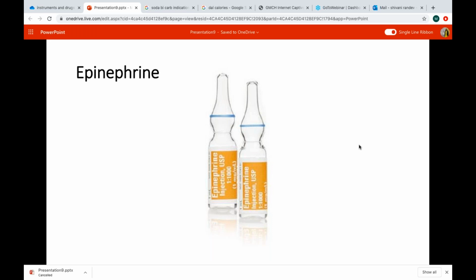So epinephrine is used for anaphylaxis. What is the route of administration in anaphylaxis? You have to know the routes of administration also for various indications. Preferably, if you have an IV access, you use it intravenously. But if that is not available, then you use it intramuscularly. It can be used in cold shock also as an infusion, and basically it is used for resuscitation if the heart rate is less than 60 despite adequate ventilation and adequate CPR. So it is used for cardiopulmonary resuscitation.